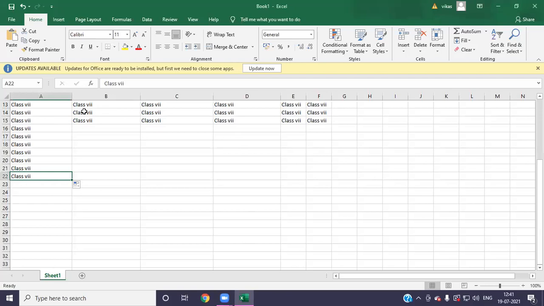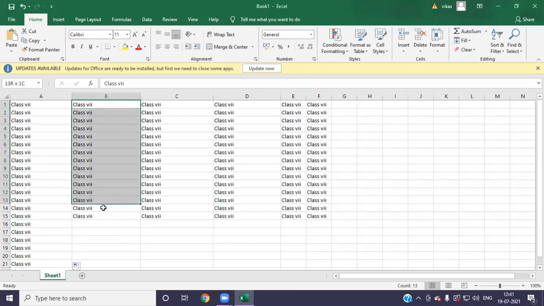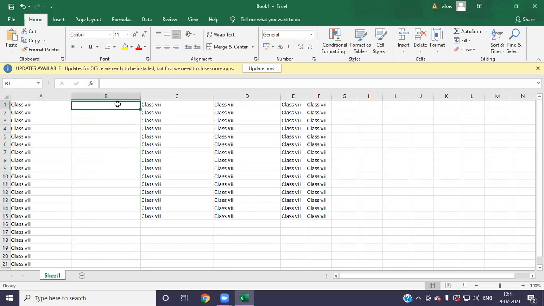Suppose I have typed a few names, like Kunal's name, then my name, my son's name, Raman. I want to copy all these values.